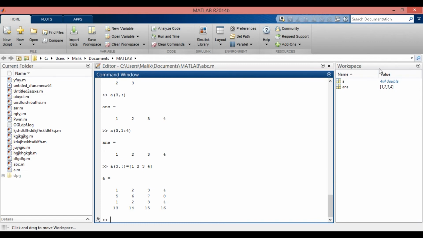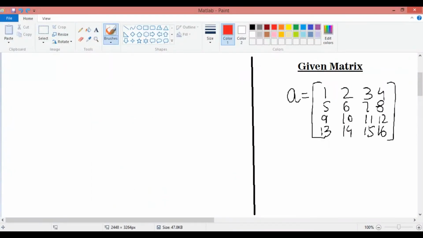You can also do the same thing for the columns. For example, if you want to take the second column or third column, then you can write commands for these columns. For example, if I want to take this column, then I have to write a command like a small bracket and then colon comma, and then for the third column I will write 3 over here. By writing this command I will get 3 7 11 and 15 on MATLAB.